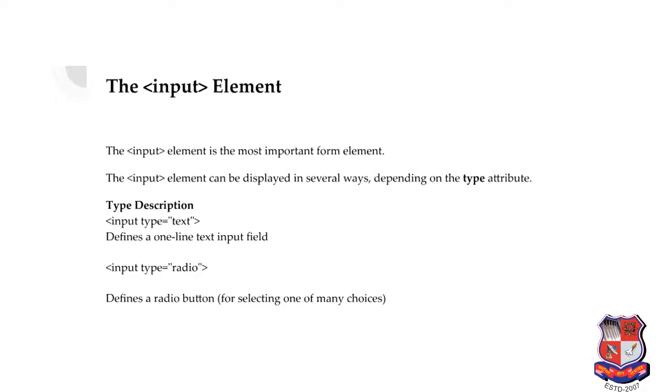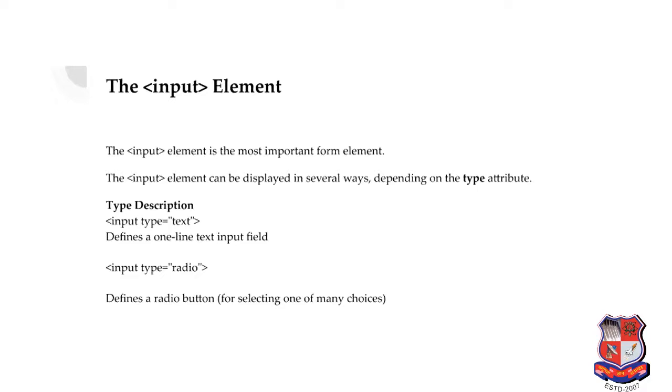An HTML form is used to collect user input. The user input can then be sent to a server for processing. The HTML form element defines a form that is used to collect user input. An HTML form contains form elements. Form elements are different types of input elements like text fields, checkboxes, radio buttons, submit buttons, and many more.